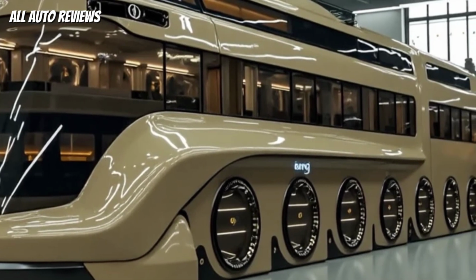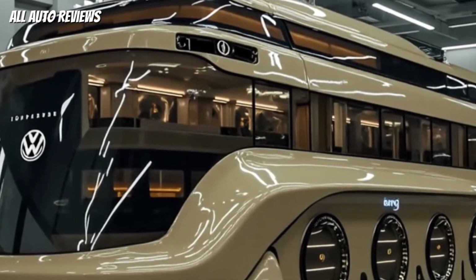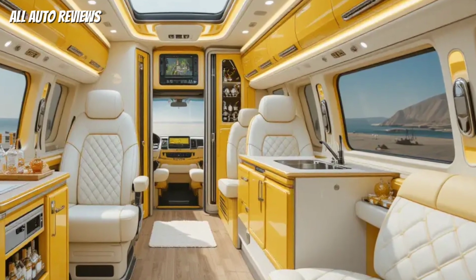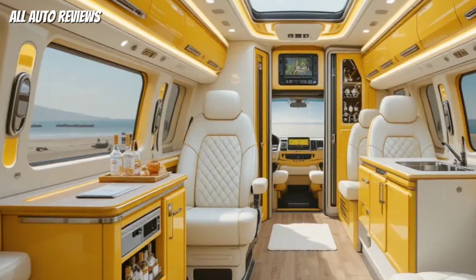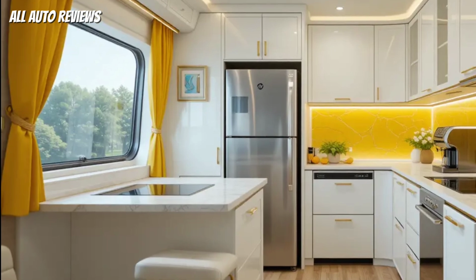And today, we're diving into something that's redefining road luxury: the 2026 Volkswagen Limousine Motorhome. Imagine the timeless VW DNA merged with high-tech innovation and wrapped in limousine-grade luxury. This isn't your typical camper van. It's a rolling penthouse suite on wheels, and we're here to take you on a full interior and exterior walkthrough